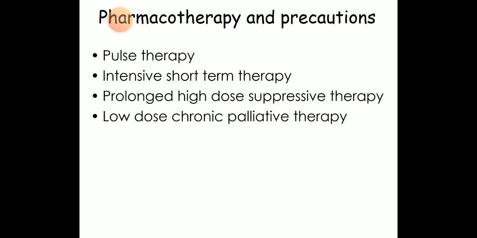But it can take the HPA axis as long as 8 to 12 months to be able to respond normally to stress. The recovery of the HPA axis is not accelerated by administration of exogenous ACTH. However, physiological doses of a glucocorticoid, it may be 20 mg of hydrocortisone or 5 mg of prednisolone, that is the equivalent dose, may be used for a prolonged period after cessation of prolonged long-term large-dose glucocorticoid therapy without interfering with the recovery of the HPA axis.